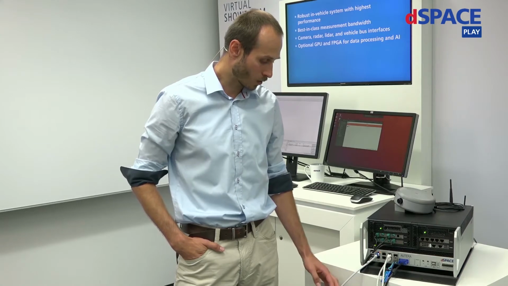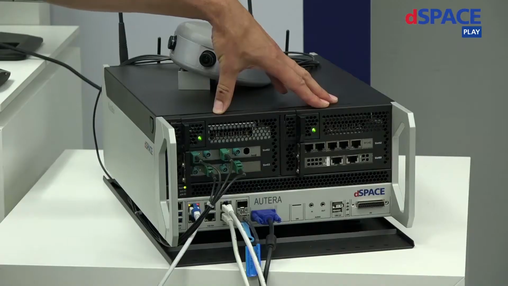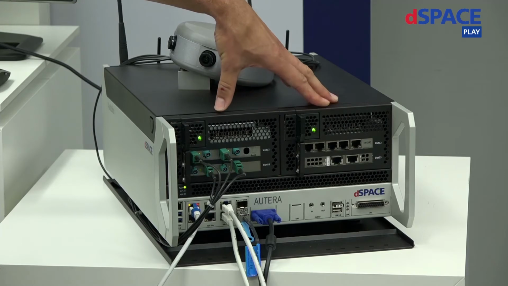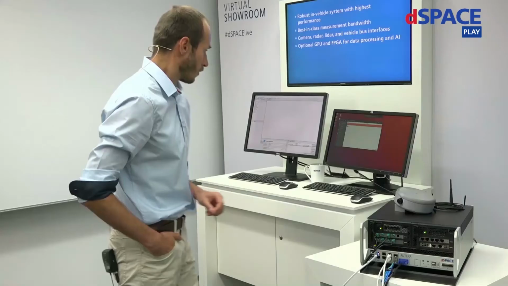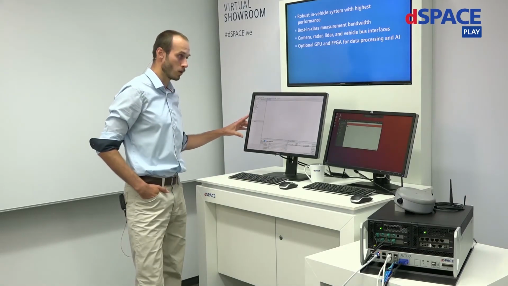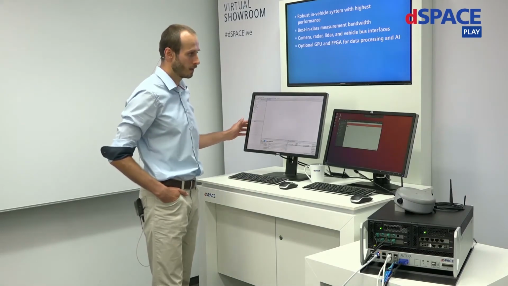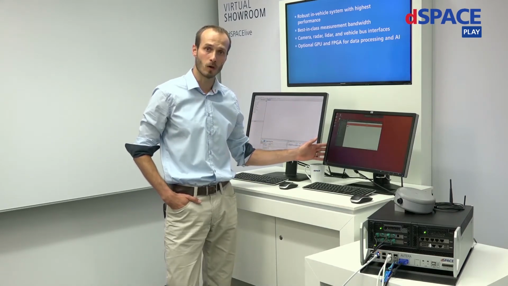And the last Ethernet connection is to our configuration computer. We have installed 2 data storage units, each containing 1 SSD, and therefore we have the capacity of 32 terabytes. For the configuration, I will use my laptop that you will see on this screen. And we also have a second screen that shows what is happening on Autera itself.